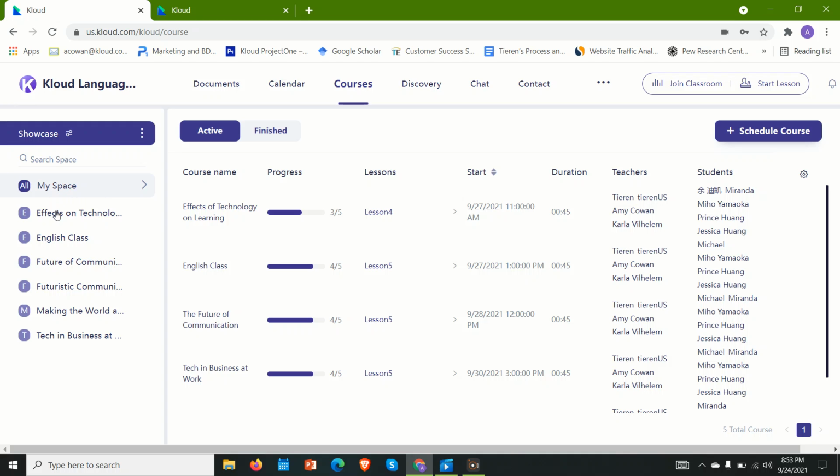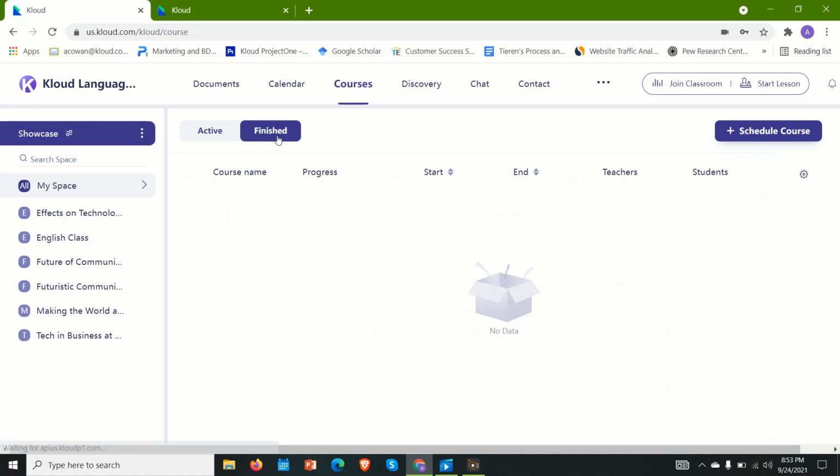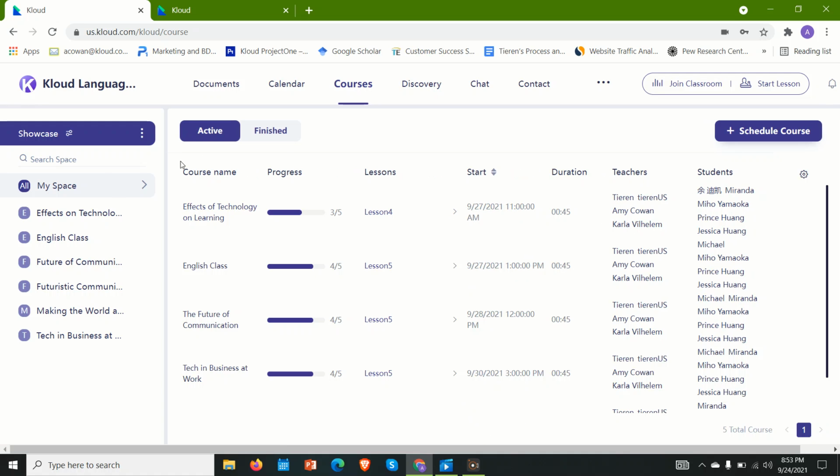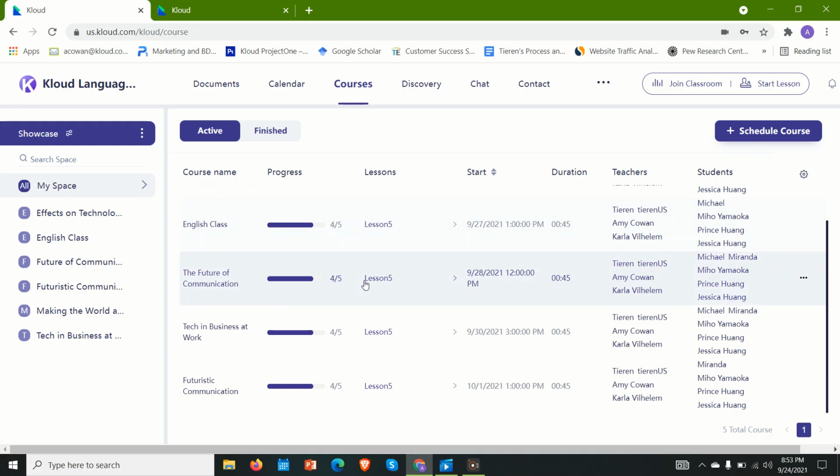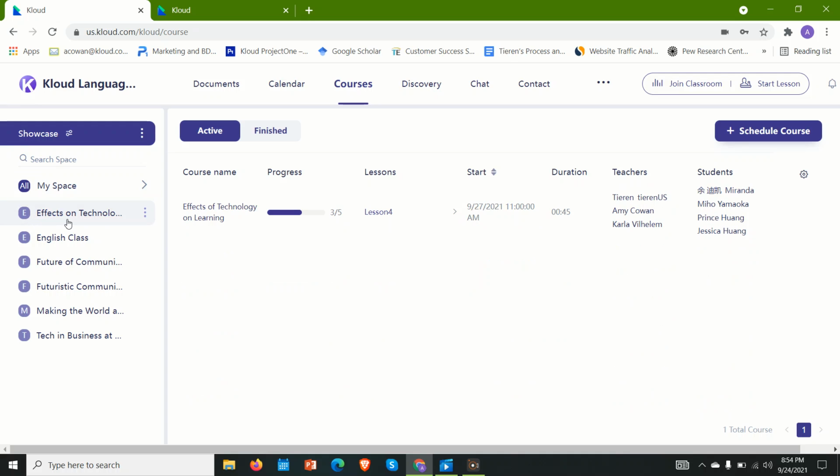We have our spaces here on the left side. We have active courses and finished courses. And you can see here that when I have this section selected, you can see all courses. If I just select, let's say, effects of technology on learning, you can see I have